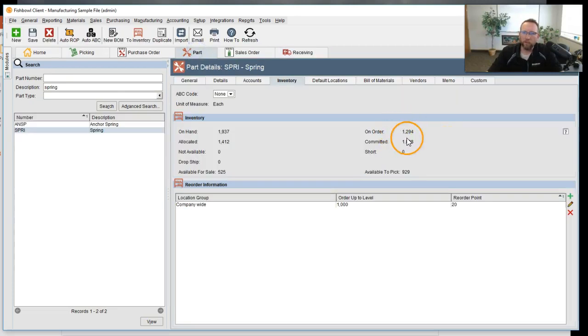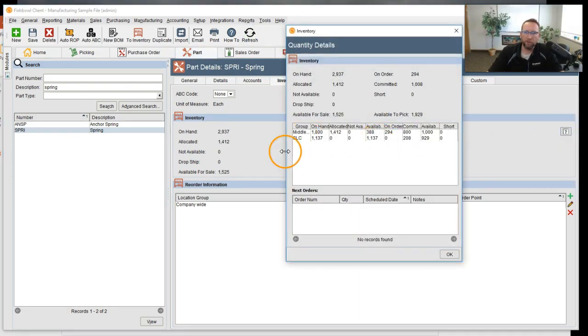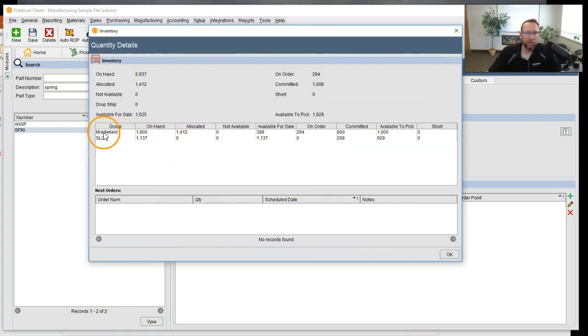So on order is currently 1,294. That's going to go down because we just received it. And then on hand is going to go up because we just received it. Let's click refresh. Just like magic. There we go. And that's all in middle filled. So we're gonna see the numbers change in the middle filled location group. So now, all right, we've got available for sale